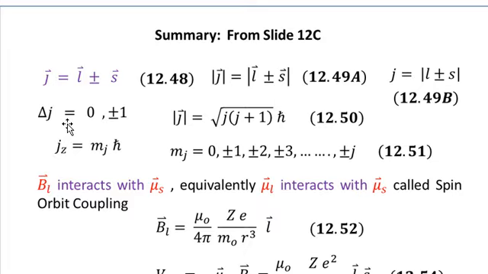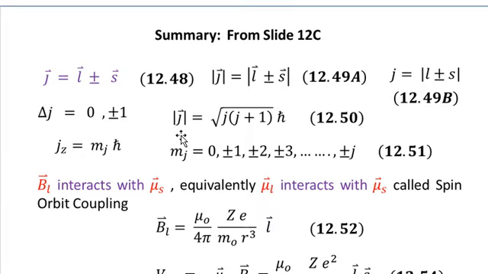Now the selection rule which will be applicable to the quantum number J is delta J equal to 0, plus minus 1. So these are the allowed values for the optical transitions. Optical transitions are the transitions which are called radiative transitions, in which a wavelength is emitted. And then you see that J